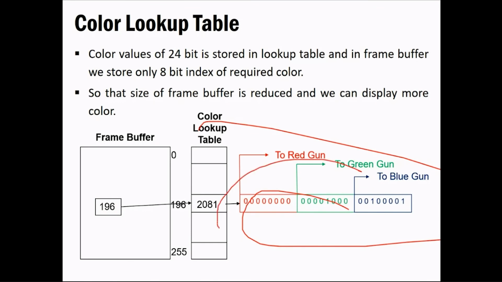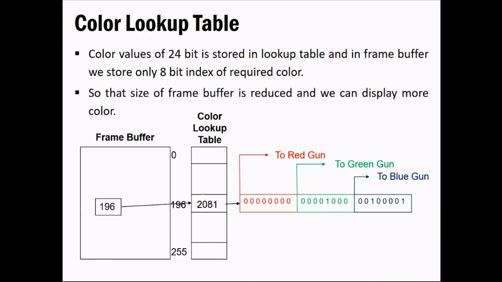Similarly, you would be storing 24-bit information in the lookup table, and that would direct you to generate that particular color. In turn, you have this index that could range from 0 to 255. If you have one value that is 196 and you want to retrieve that particular color, it will go over here and look for the entry mapped to that 196 value, and based on that value it will go to the lookup table, and this would invoke that particular color from the RGB gun.